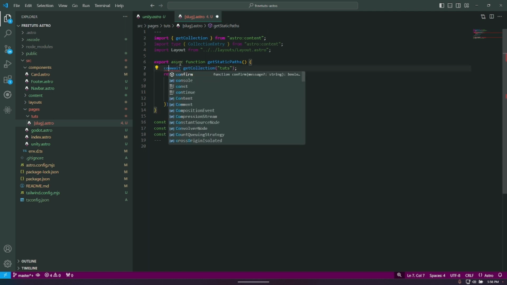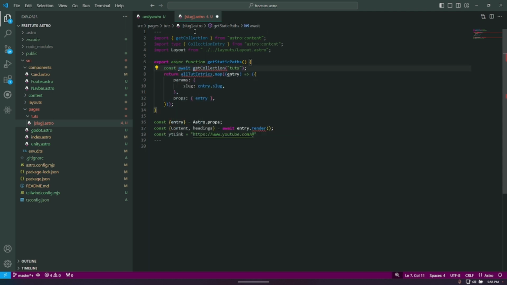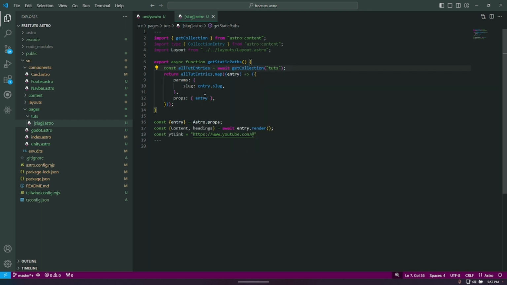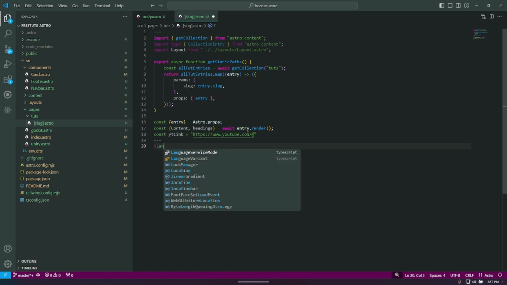We have to say const, I'm creating it, but I didn't create it. I added the thing, so it says, there we go. So we say const all tut entries equals await get collection of tuts, and then we're returning it, and we're ready to carry on. So now we can import the layout,